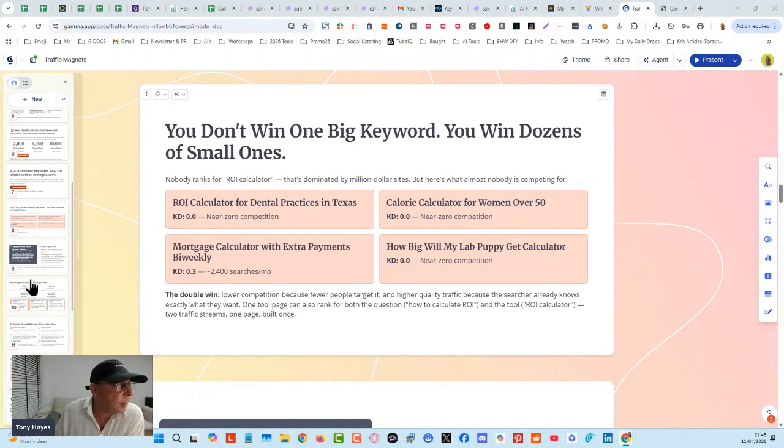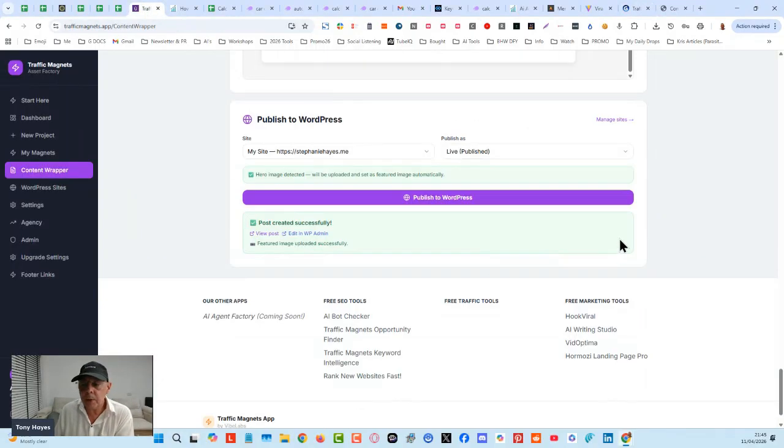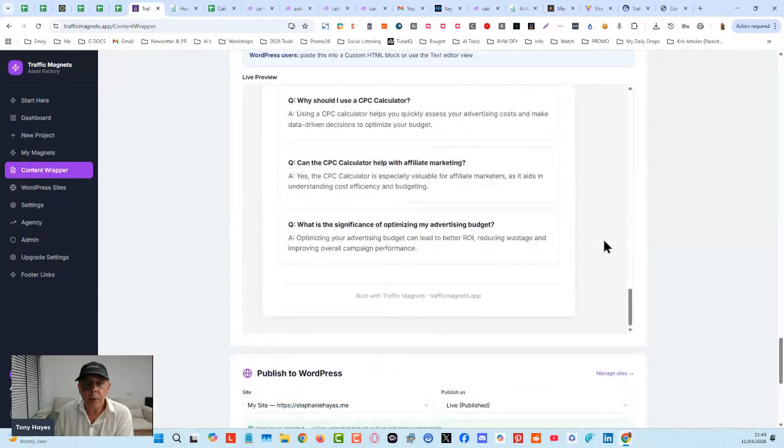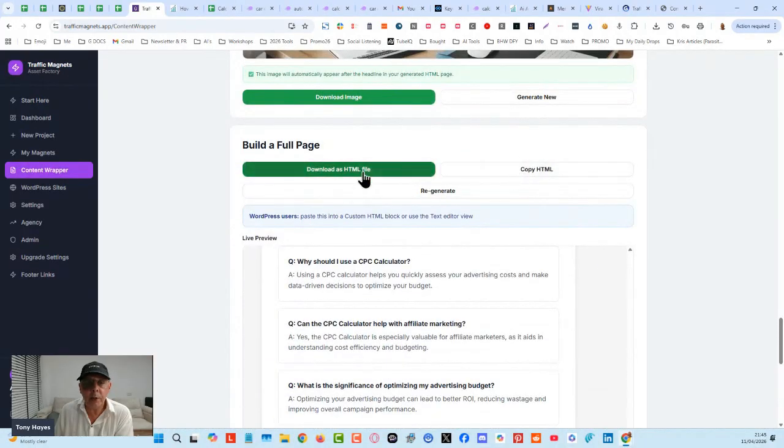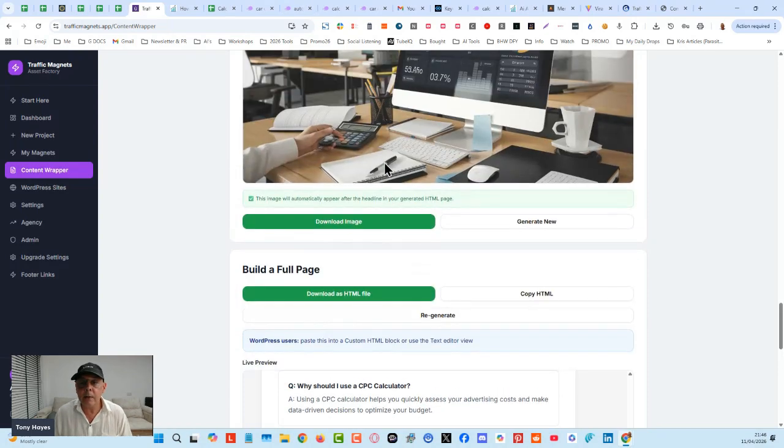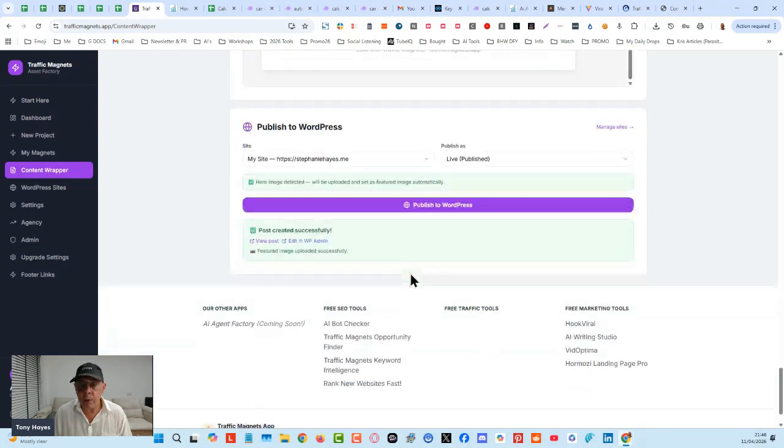Excuse me a second. Okay. Can we use this as HTML inside our blogs? Yes, you can. You can take the HTML. When you come down to the bottom, you will have a choice to copy the HTML. You can even download the HTML if you know how to use FTP, which is really easy. And I think Stephanie has a short video on that. Then you could just upload that via FTP and have it as a separate web page with nice designs and stuff like that. Now, there's always going to be ongoing stuff that we do with this.